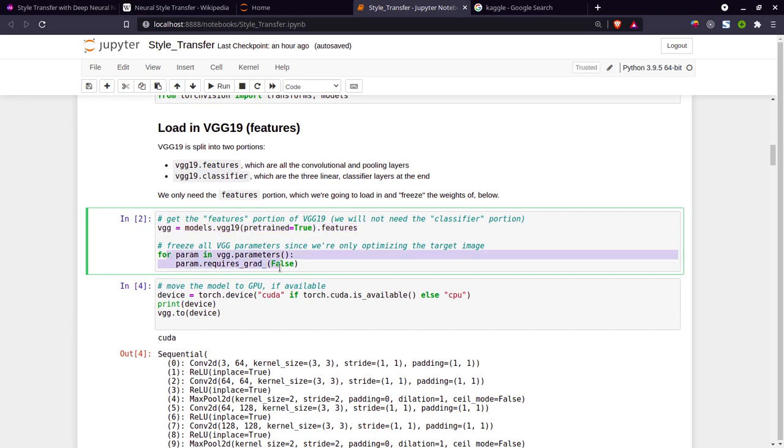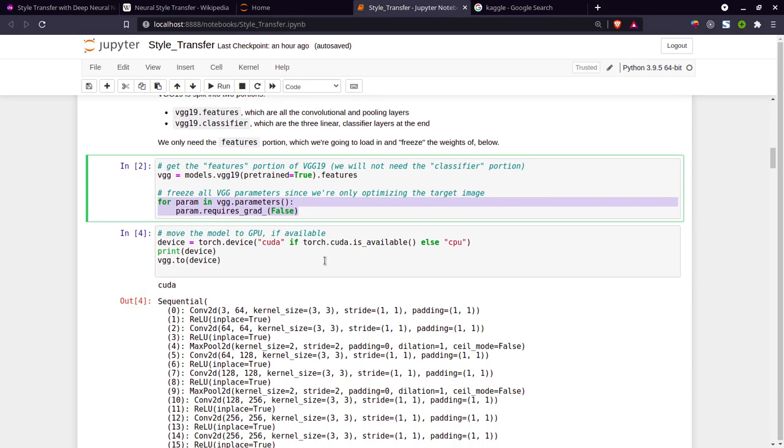Next line is the VGG parameters. If you have knowledge of neural networks, when the model is trained, then to correct the features, I have to go for backpropagation. I have to take the gradient of the mistakes that I have found and then change the parameters according to it. But as I said, I don't have to train my model, so I'm freezing all the required gradients. So I don't waste my time, because otherwise our model will take too much time. So this is basically this cell.